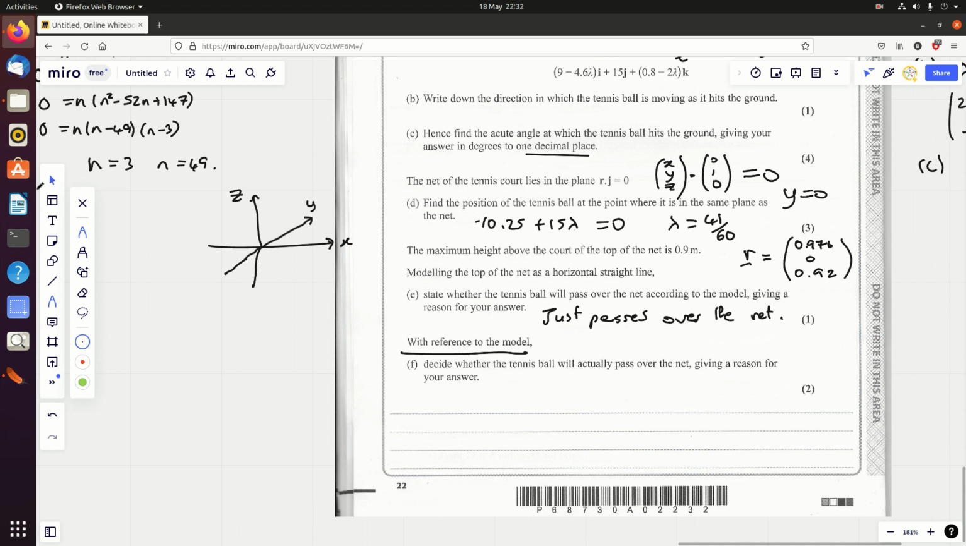But I thought, no, what they want us to talk about is the ball was modeled as a particle. Now, how big is a tennis ball? Maybe about 8 centimeters, and it passes over the net by 2 centimeters. Well, it depends whether you're modeling, I would suggest that probably the middle of the tennis ball is going to be the center of the particle. And so what I said was, not necessarily, as the ball is modeled as a particle,